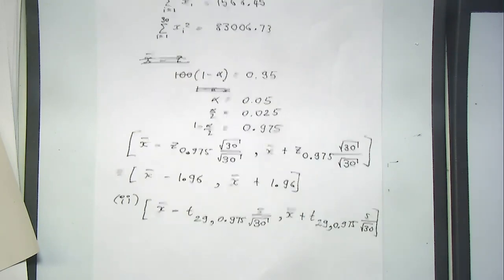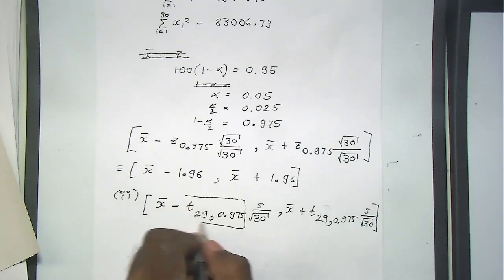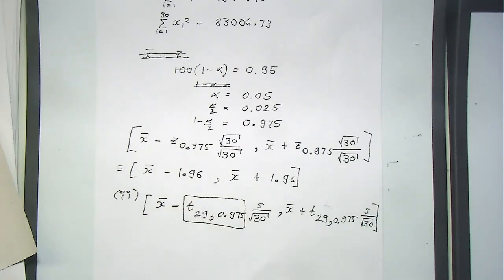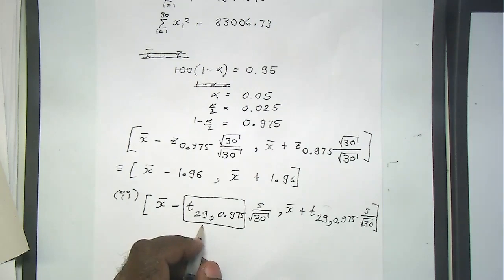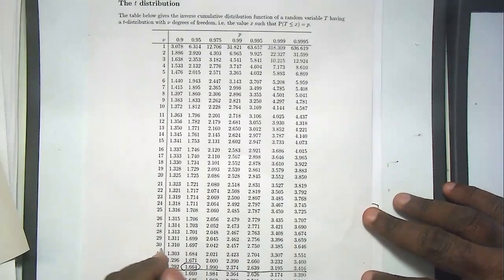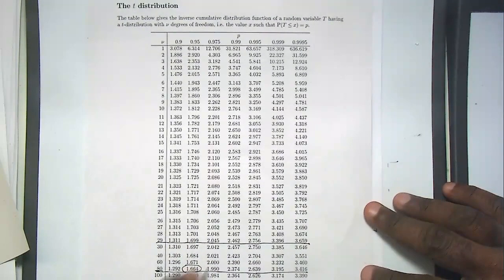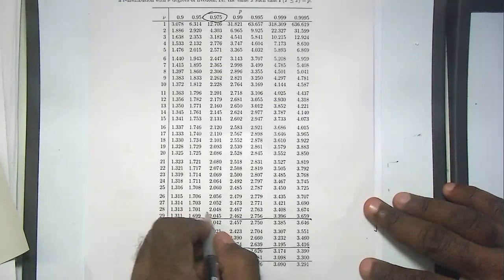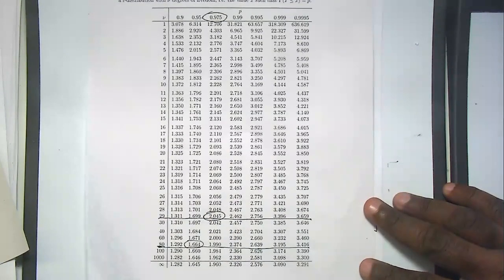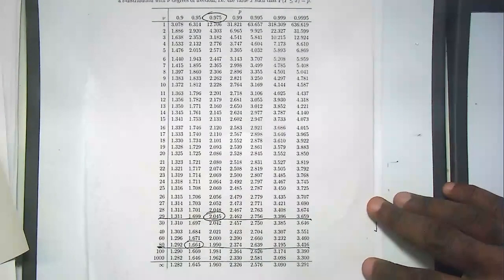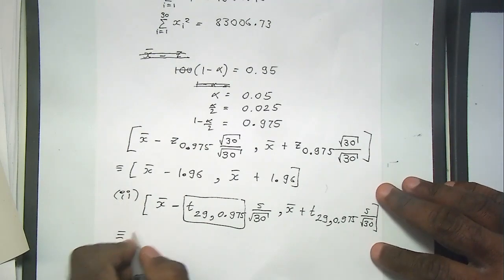Alright. Now let's see how we can read this, guys. Now you should go back to the table for the t distribution. Can you look up the table for the t distribution? Right, with 29 comma 0.975. So it is this one. This is the row 29. Okay, and you're looking for 0.975, which is this one here. Okay, so the value is 2.045. Okay, so this becomes x bar